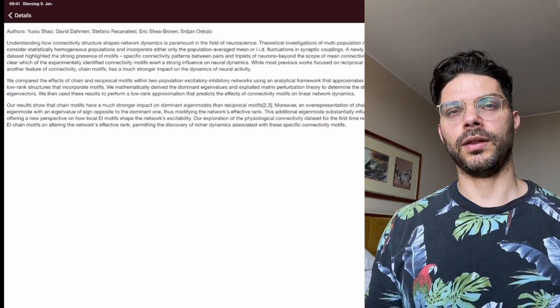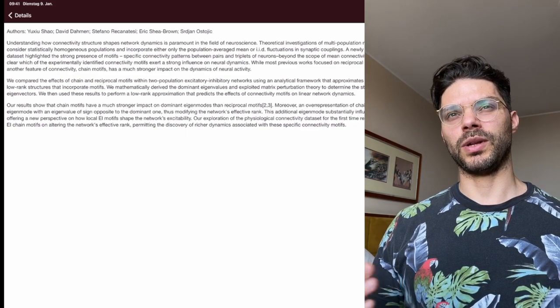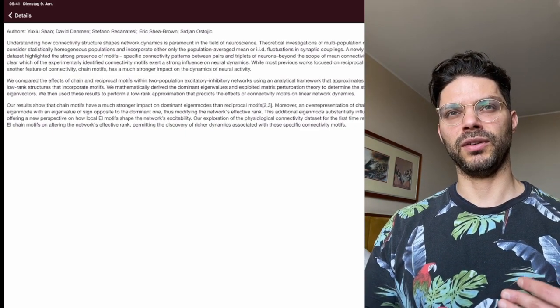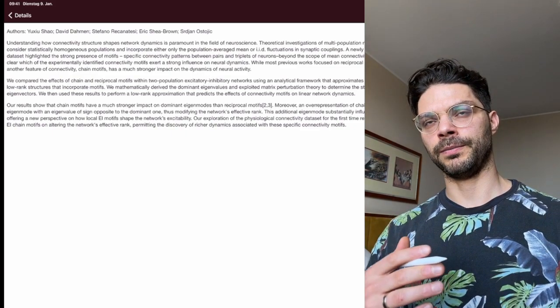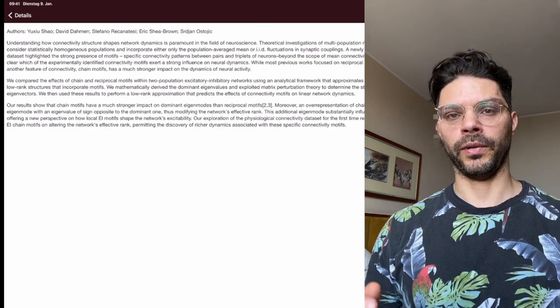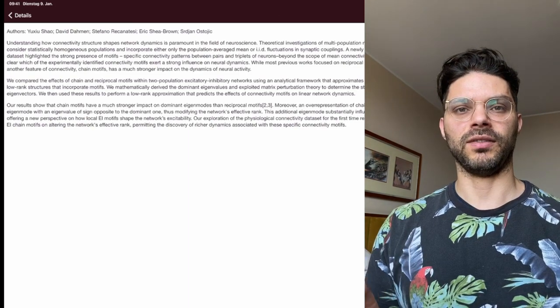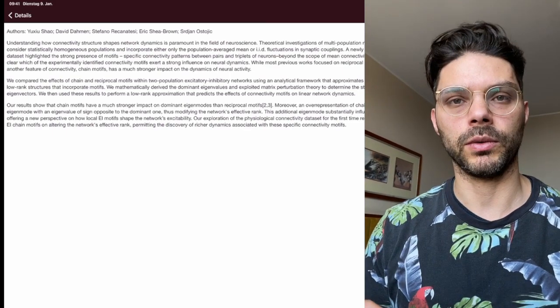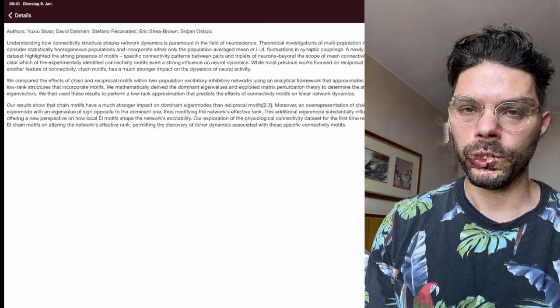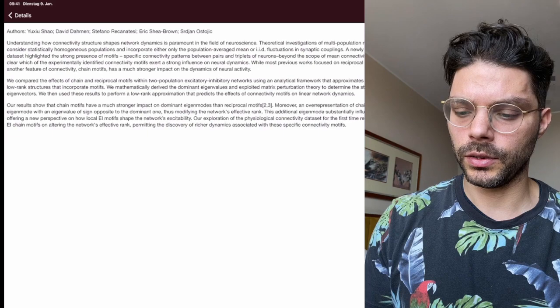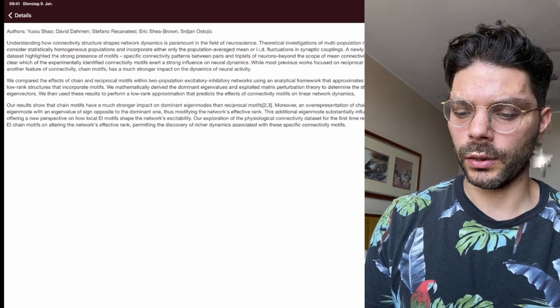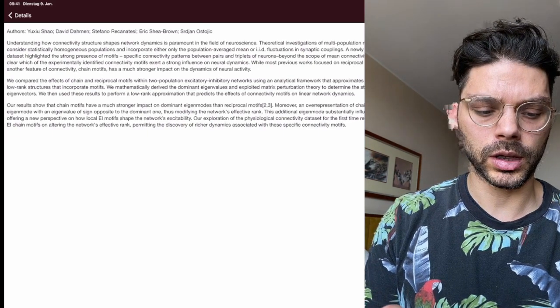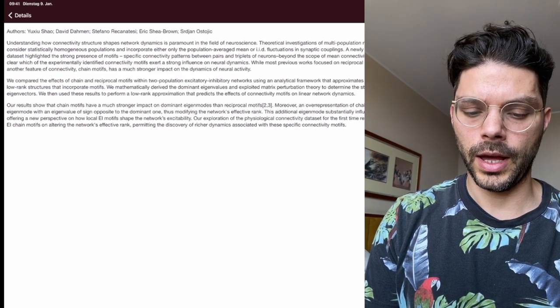But the implementation-level question is, how do you implement that in terms of connectivity and neural populations? Linking those is really important, and I guess that's the broad theme these guys are going to be working in.